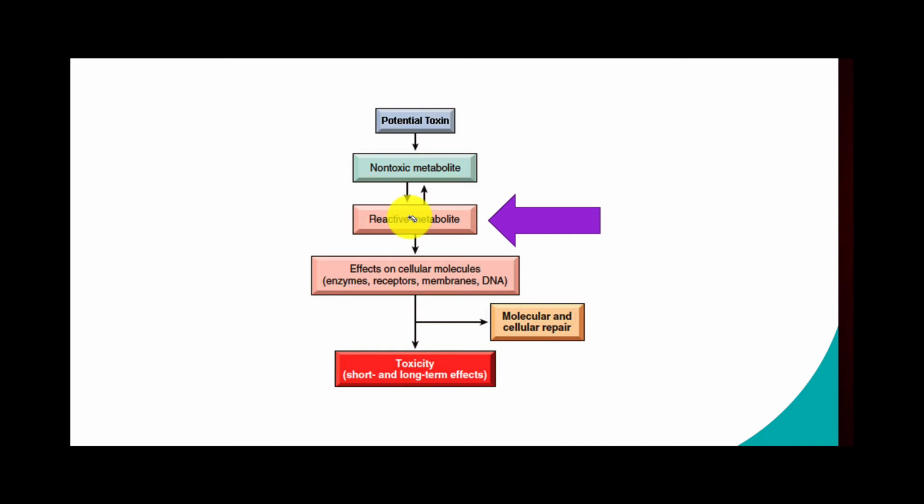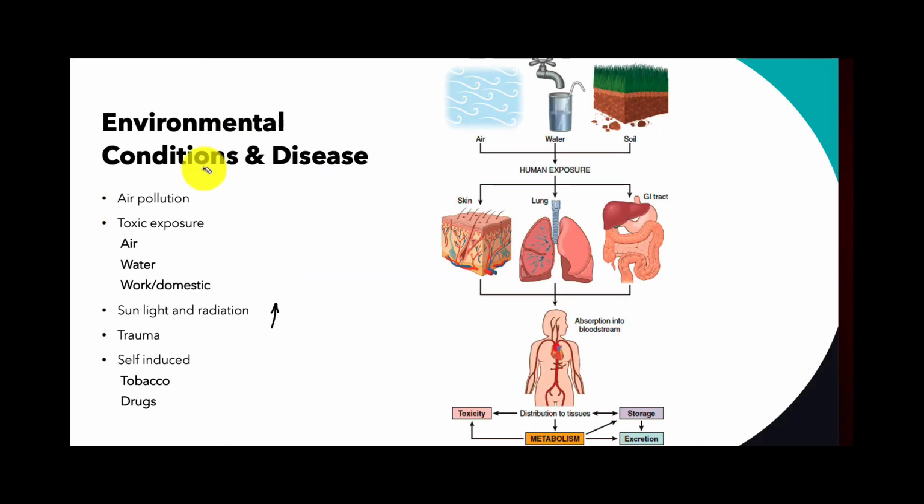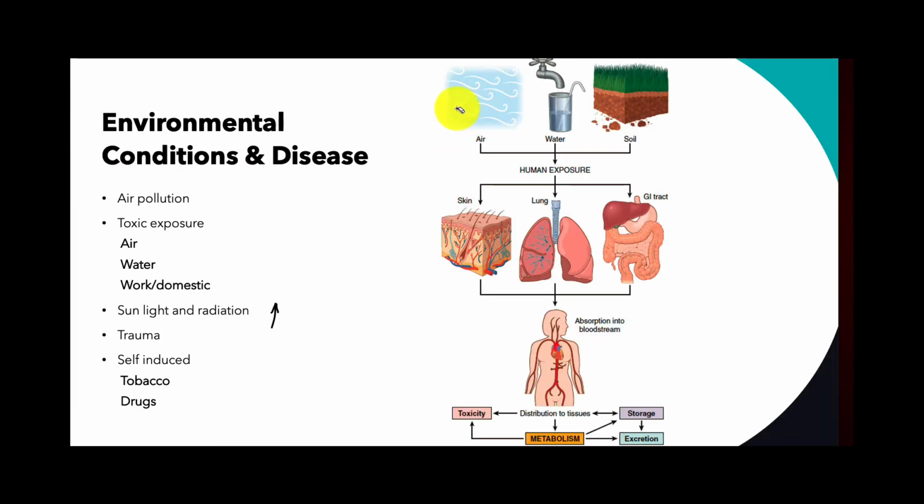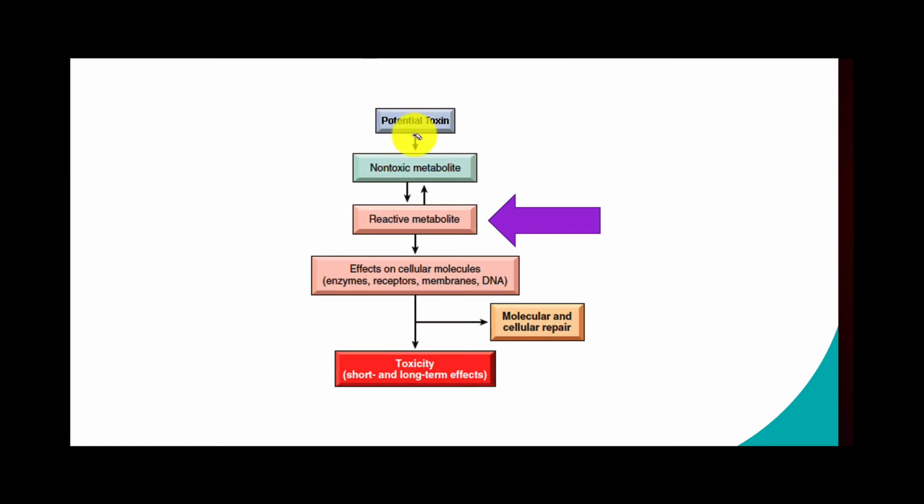And then again, if you're taking the drug for too long a period of time, this is going to cause chronic toxicity, and it's going to impair your cell's ability to repair itself. So those are just a couple examples of how this environmental condition works in the body. But it's not just air, water, and soil, it's also in medication, right? It's also in food additives. It's also in fragrances, right?